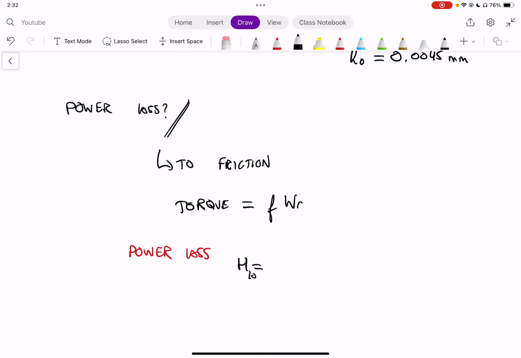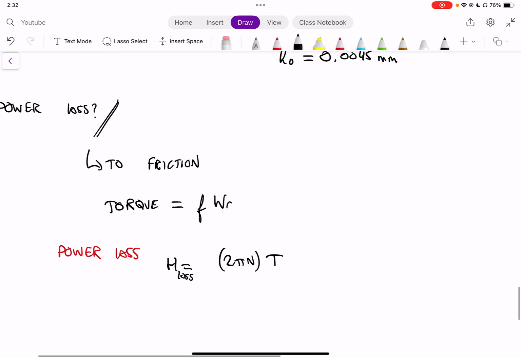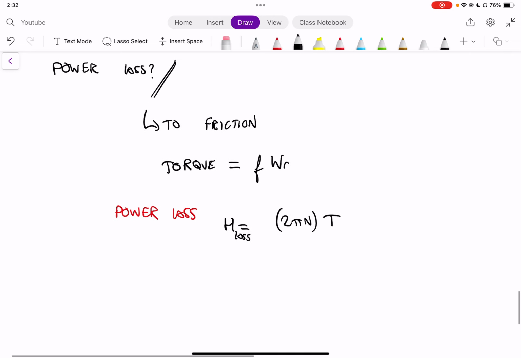H loss is going to be equal to 2 pi n, which is your rotational speed in radians, times T, where T in this case is the T due to friction. Now, based on that, I have my 2 pi n already, so we're good to go, but we need to find T. To find T, we need to find